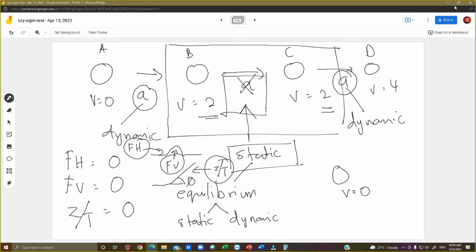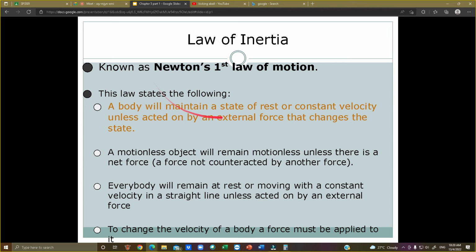Okay, when you get that, and then only we can describe the first Newton law of motion. Okay, so the first Newton law of motion said that, these are the keywords, a body or an object will remain in a state of rest. 1, meaning there is no velocity and there won't be any velocity. Or 2, will remain moving with constant velocity. Meaning if it moves at one velocity value, it will remain at the same velocity value. Okay, ni keywords dia. If the object does not move, it won't move.